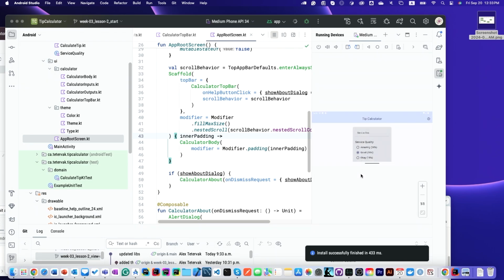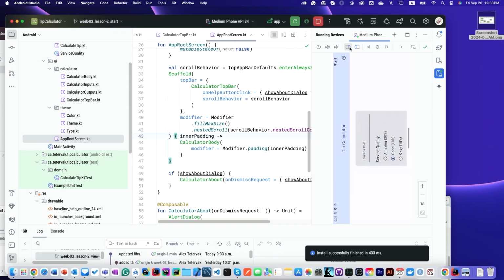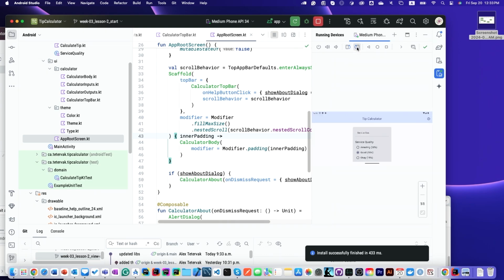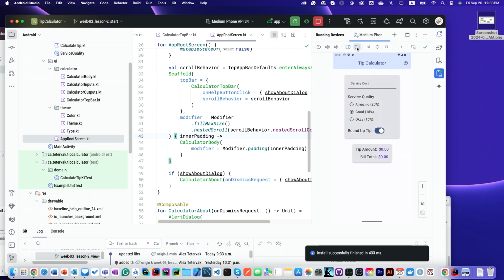Still. This is just rotated. Everything is fine. It just remembers the previous rotation state. Here it is. It was just a rotated device. I thought, what is going on? It was just rotated horizontally. So